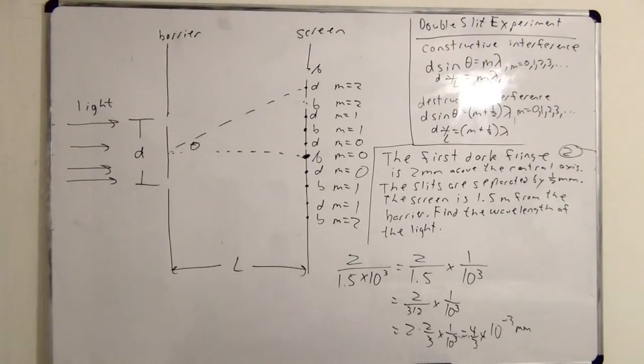Okay, so actually these numbers didn't turn out so bad. They were pretty close to being reasonable. So my recommendation on these is put everything into meters, and then at the end, if it's wavelength, you should translate it into nanometers to see if your answer makes sense.